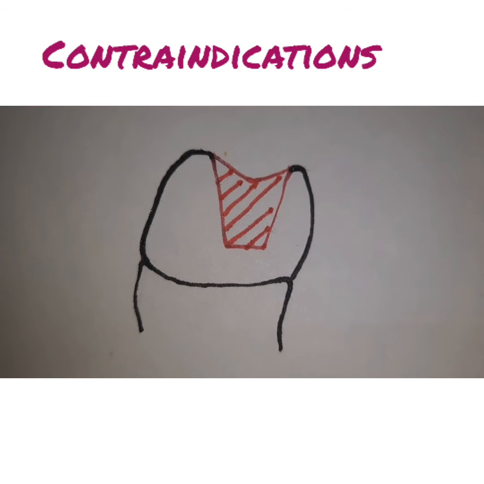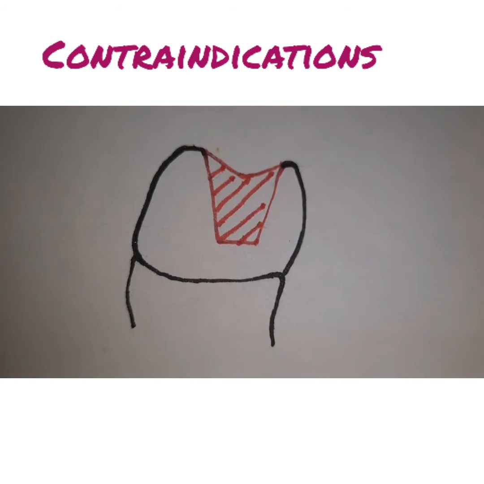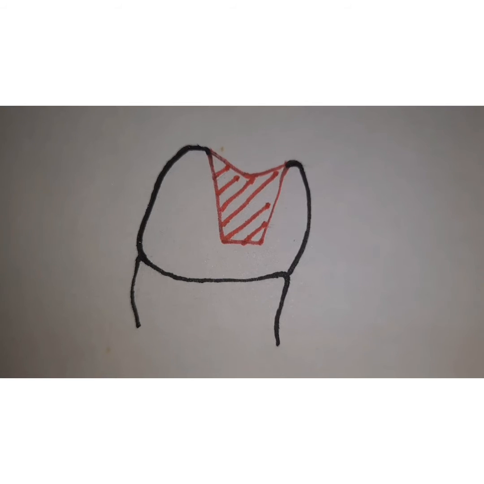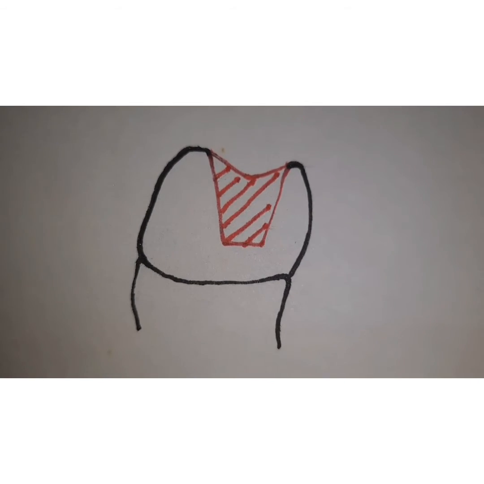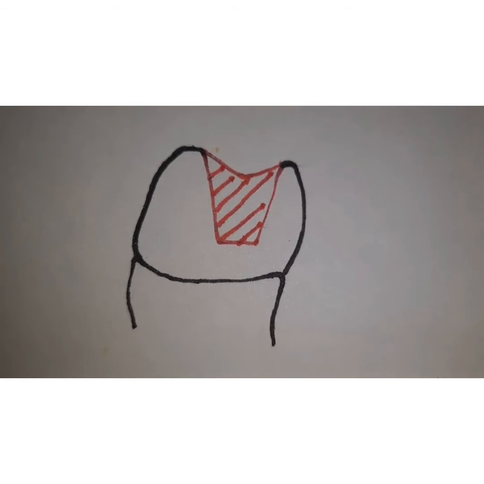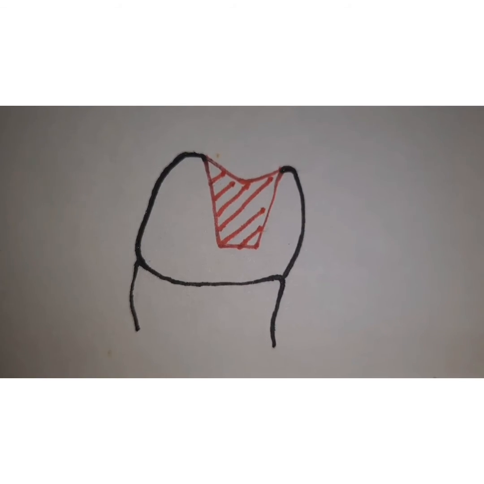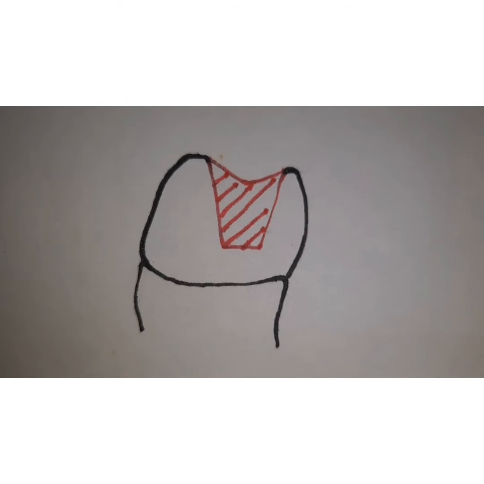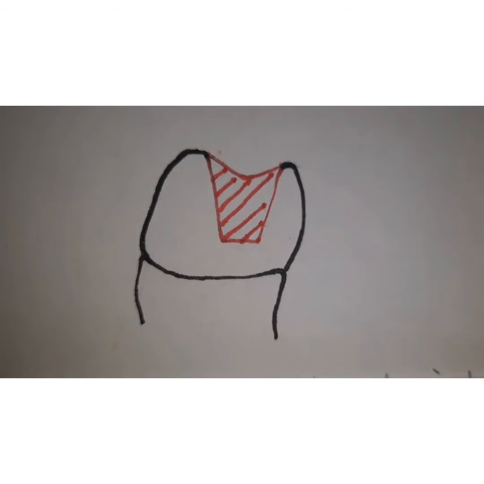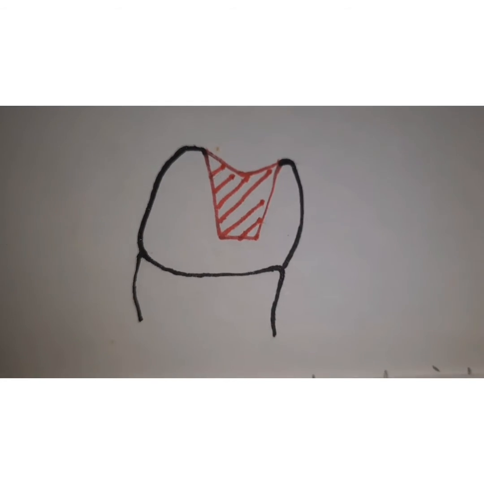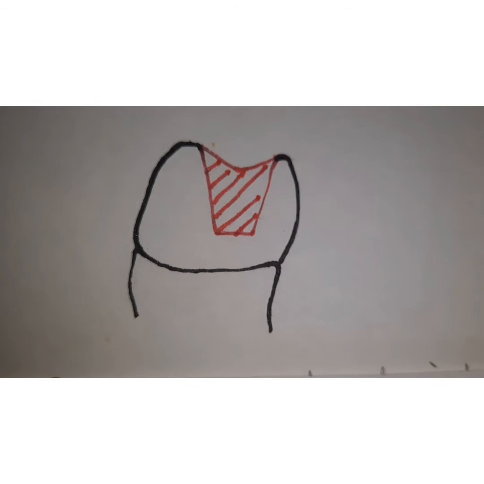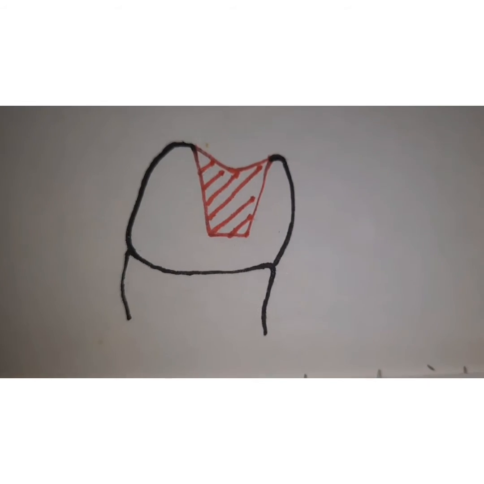The contraindications for intracoronal retainers, that is the proximo-occlusal inlay, are where the patient has a high caries index, cannot maintain good hygiene or has poor oral hygiene. Also a young patient where you have high pulpal horns, and a patient with parafunctional habits such as bruxism, where you have the MOD restoration already and there is a high risk of fracture. In those cases it is better not to give such a restoration.